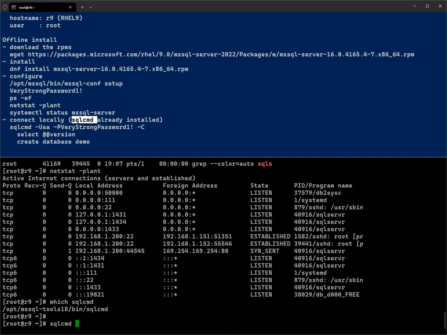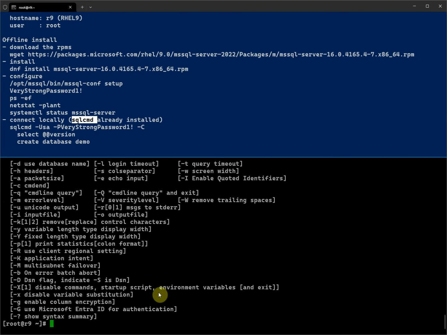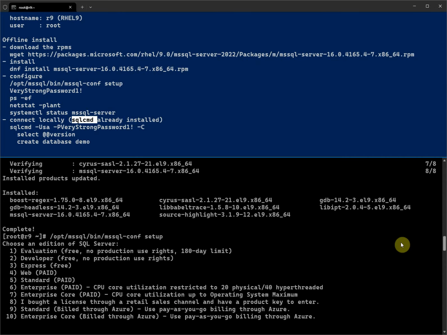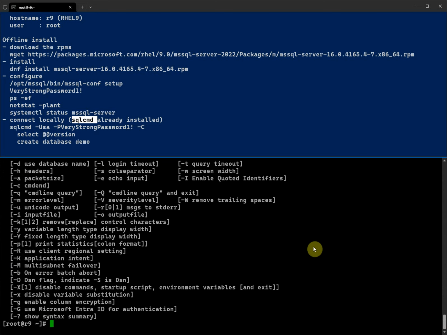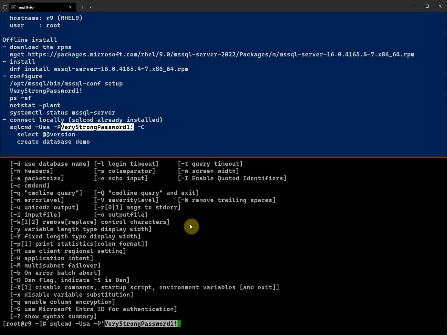Then because it's local, I don't have to specify -S. Let's do a -? These are all the sqlcmd options. We're going to just use the simple ones to do a simple connection. First we're going to use the user, so it's going to be -U SA. The second one is -P, that is the password. Because we have special characters, we just use single quotes around this string. And it should work now, but